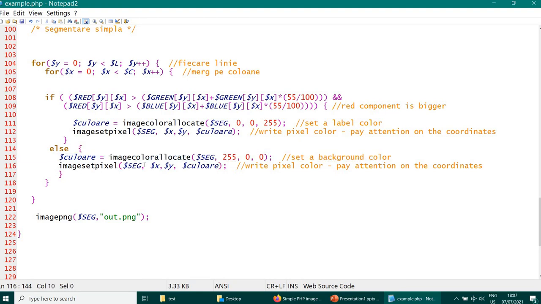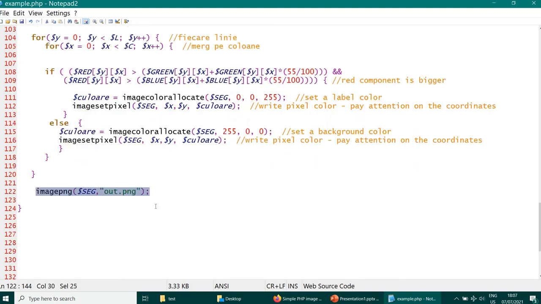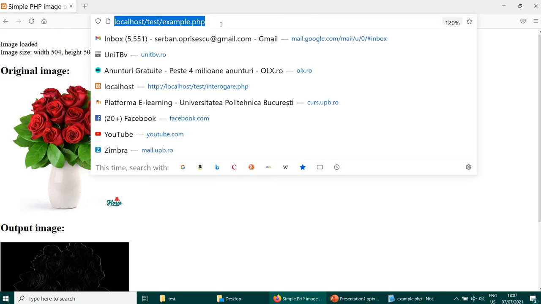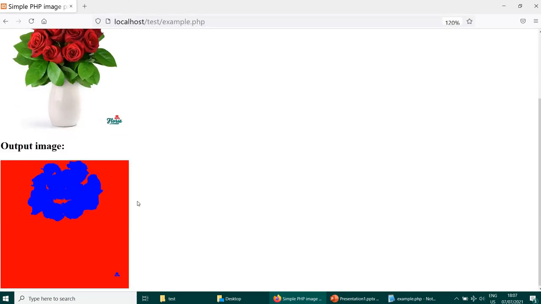Setting the pixel, and then output the image and display the image also. Let's see how it works. This is the result. We have also some red here, which was extracted, labeled correctly. Okay, thank you very much for your attention.